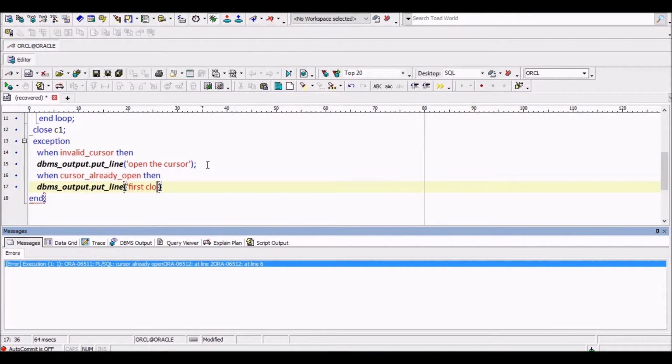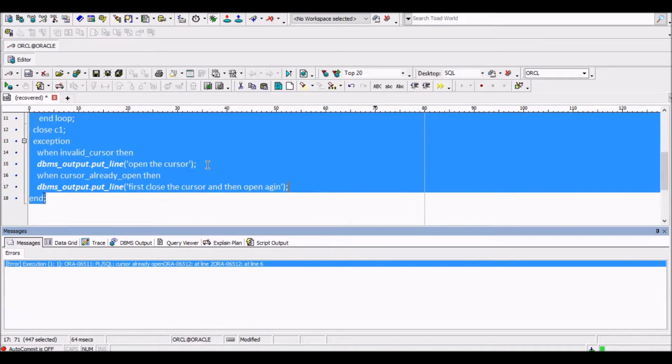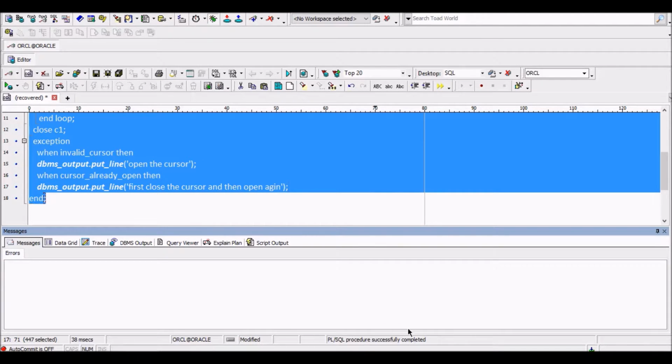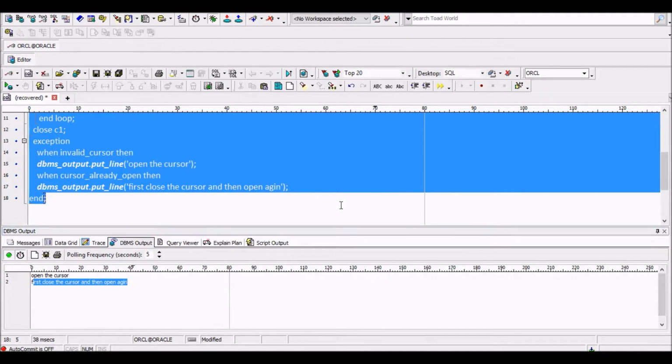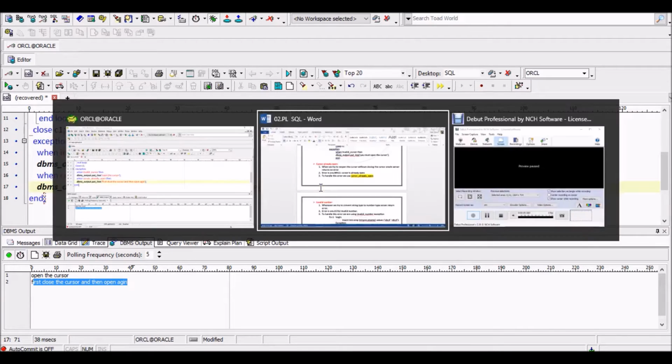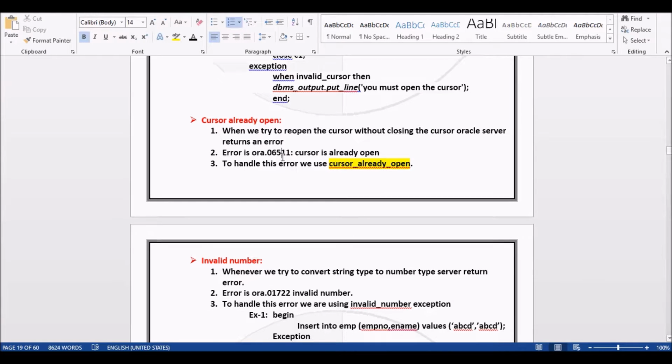First close the cursor and then open again. So this is the message we want to print. See here, PL/SQL procedure completed. So first close the cursor and then open it again. So this is about cursor already open.